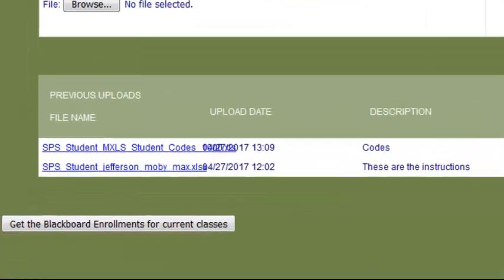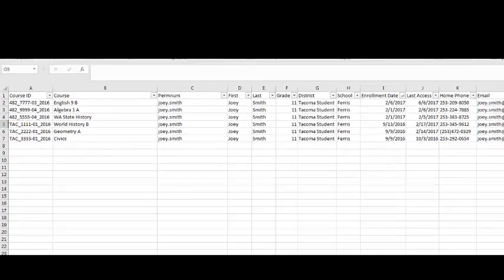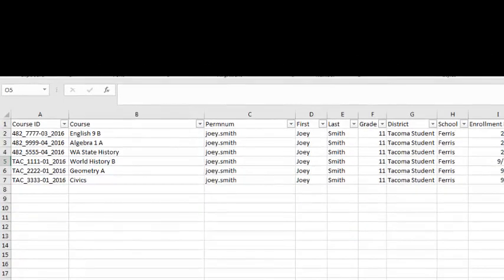The third and final function of your dashboard is the enrollment report. If you click the gray button in the bottom left-hand corner, it will open an Excel file. This file could take a minute to open as the file is fairly large. This file contains any student that is currently enrolled in a course, whether it is Spokane taught or a partner taught course. You are able to see the Blackboard course code, the course name, any and all student information,